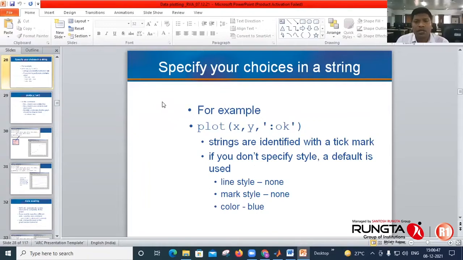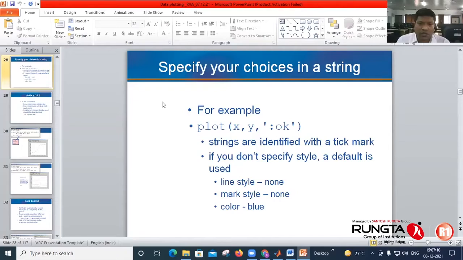For example, plot x,y, and then you specify the choices of attributes in the string, single quote, colon, o and k. So here strings are identified with a tick mark, a single quote. If you don't specify a style, a default is used.